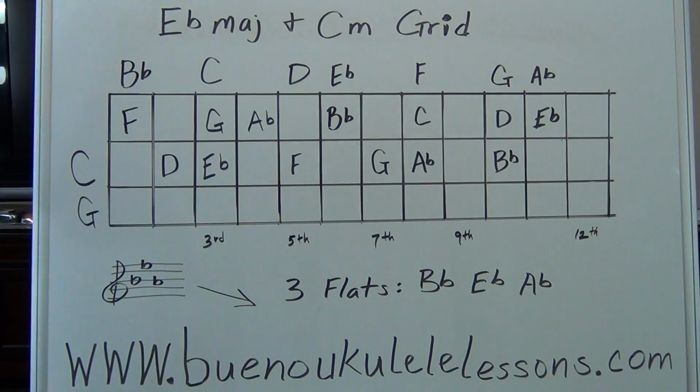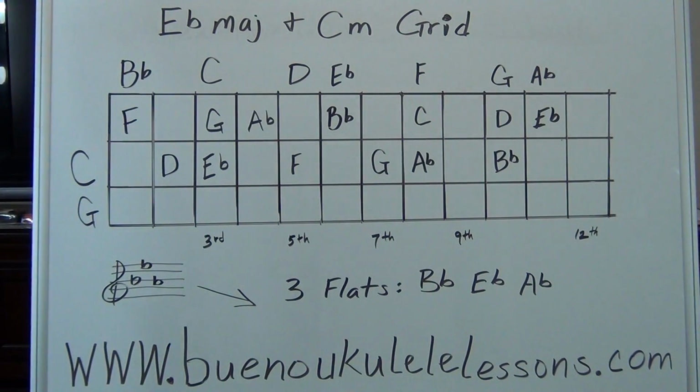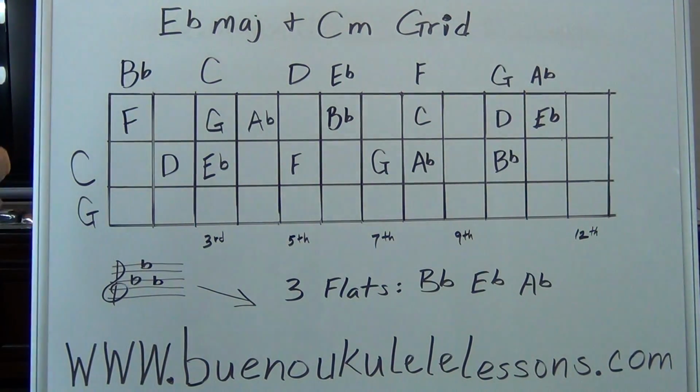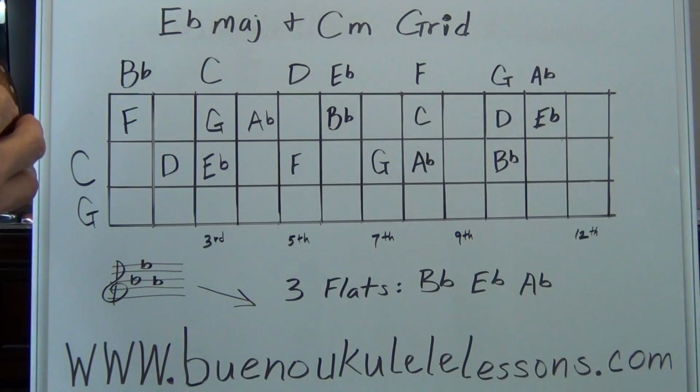Like I said earlier, the key of E flat is not very popular to play in, although people do play in it. When you start getting into more of a jazz connotation, E flat kind of becomes even more popular. But for ukulele players, C minor is pretty popular to play in, and that's why we're going over this for the sake of that. Now,